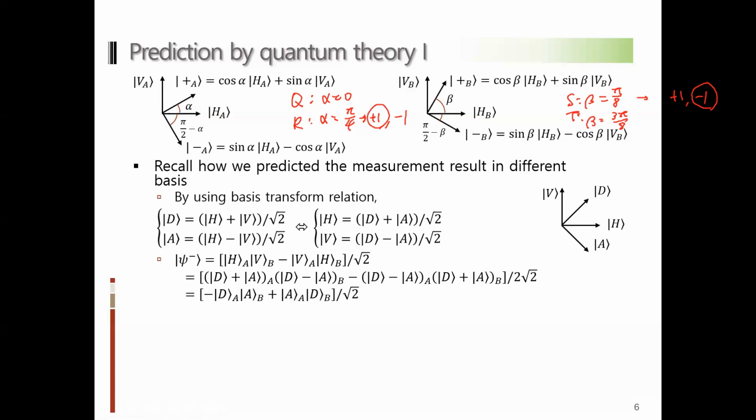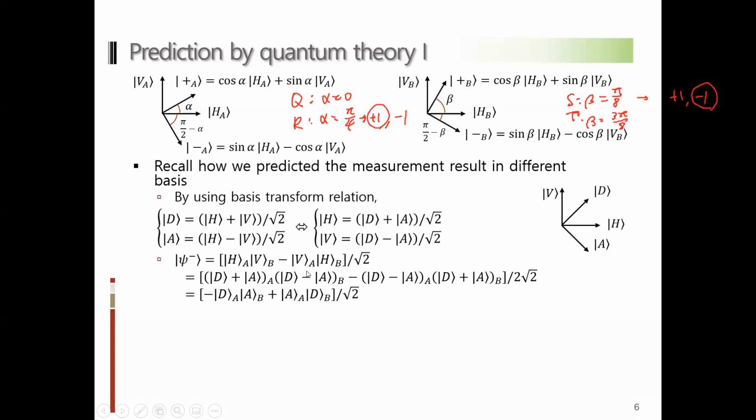We have to multiply the calculated probability by the expected result, meaning the product of the R and S values. So before that, let me review. Based on such an argument, one thing we did in the past was